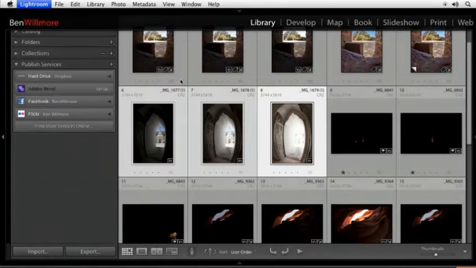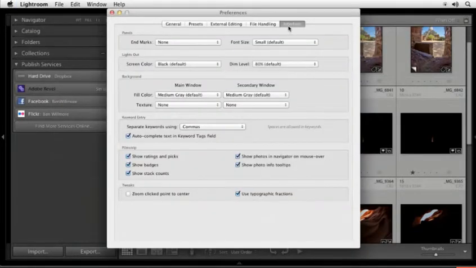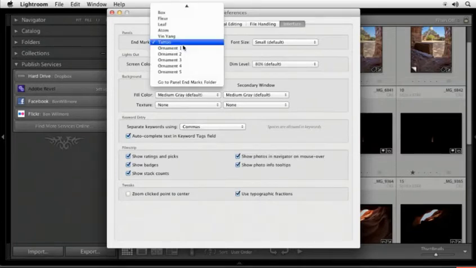If I come into my preferences, you can control it under Interface, and they're called end marks. And you can put a flourish there. You can put a box. You can put all sorts of things. And some people really like that little thing. And it's like, oh, great. Do you really need that? No. But there's one other thing you can do, and that is you can click here and say go to